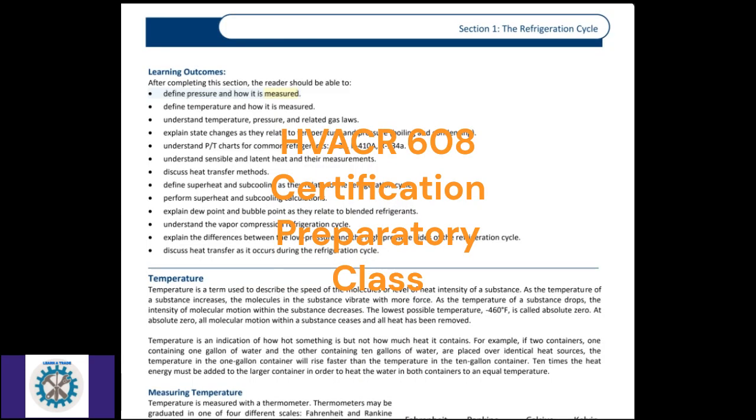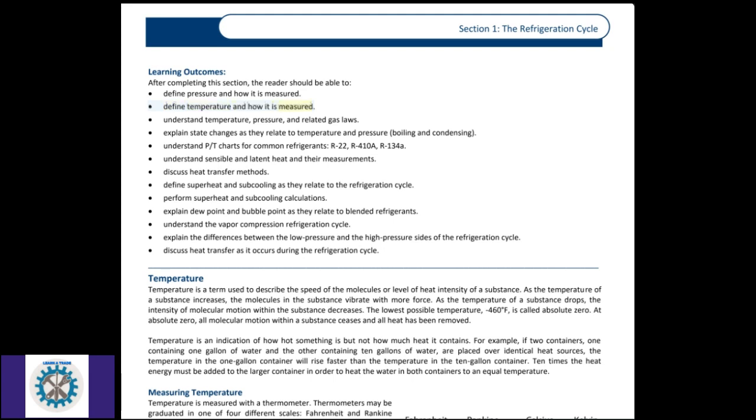Learning outcomes. After completing this section, the reader should be able to define pressure and how it is measured, define temperature and how it is measured, understand temperature, pressure, and related gas laws, explain state changes as they relate to temperature and pressure, boiling and condensing, understand P/T charts for common refrigerants, R22, R410A, R134A, understand sensible and latent